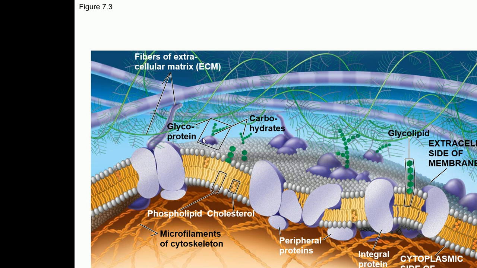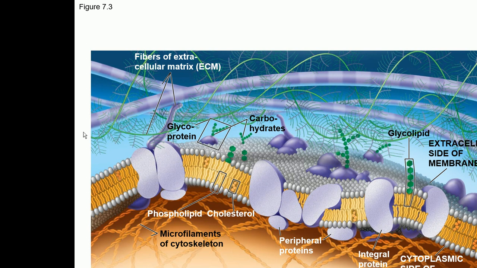You can see this is the plasma membrane, and this is the inside of the cell, this is the cytoskeleton, and this is all outside the cell. And this is called extracellular matrix. So this is inside the cell, this is outside the cell, this is extracellular matrix, this is cytoplasm, and this is the plasma membrane, which is separating the cell from its surroundings. And this membrane is made of phospholipid bilayer.